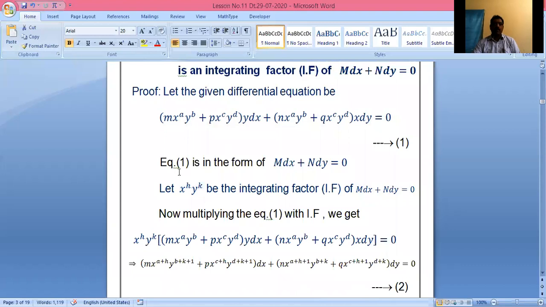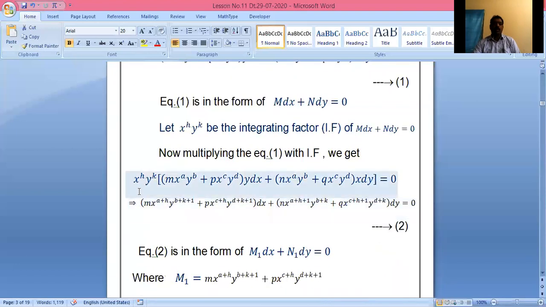Now equation 1 is in the form of M dx + N dy = 0. Let x^h y^k be the integrating factor of M dx + N dy = 0. Now multiplying equation 1 with the IF, we get